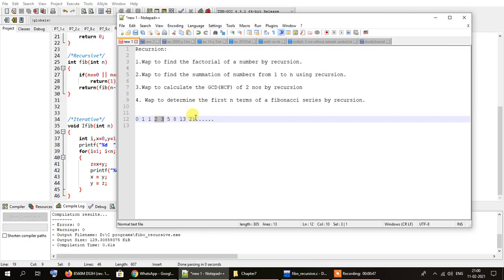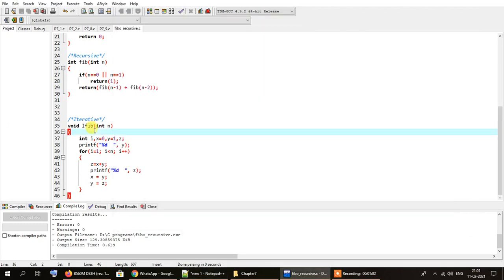So this is how the values of the numbers in this series are calculated. The two main terms are 0 and 1, and from that we are going to get the remaining numbers in this series. There are two methods. Obviously our focus will be on the recursive method, but before we proceed with it, let us take a look at the non-recursive or regular process of finding the Fibonacci series.